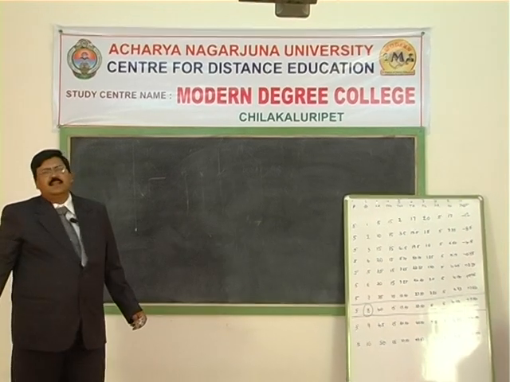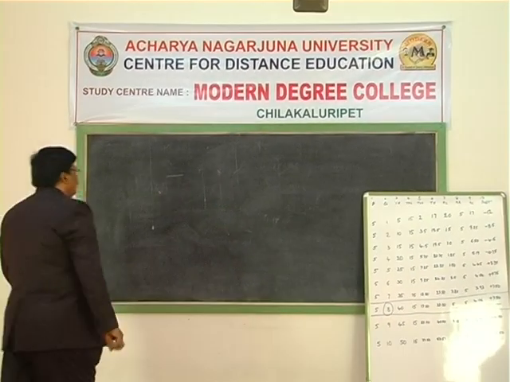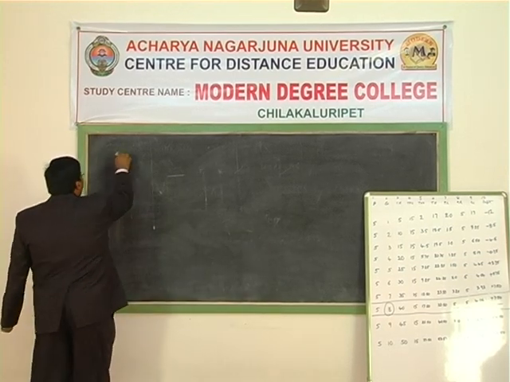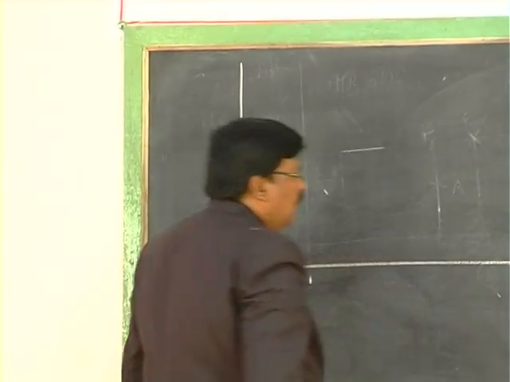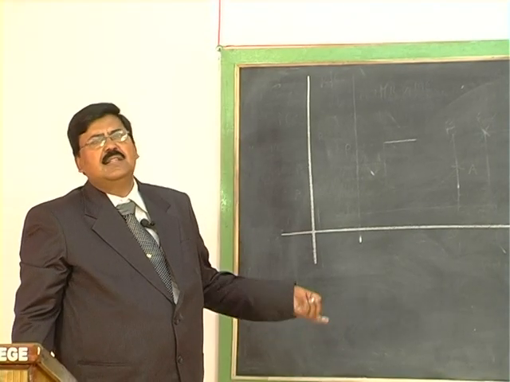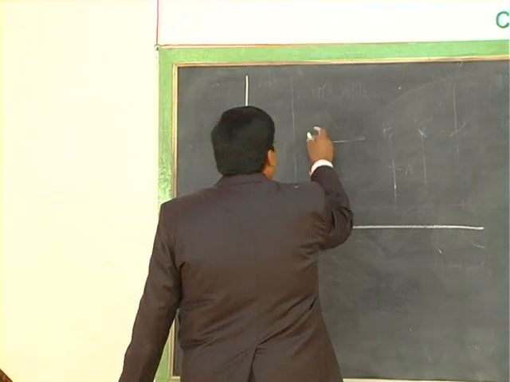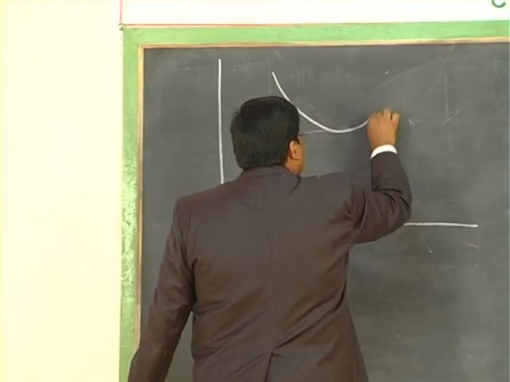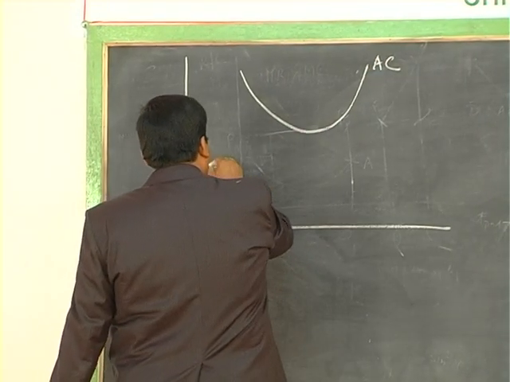Table, you can say the firm is earning maximum profit corresponding to this rate of output. So profit is nothing but the difference between revenue and cost. To decide the profit or loss, we need to introduce one more curve into the analysis. That is average cost curve. Let us draw average cost and then marginal cost.